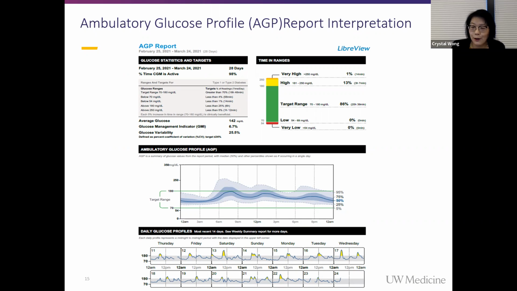Honestly, what we're used to now is a patient brings in this little white book and they've got maybe a few numbers and you need to decide what you're going to do with their insulin or their oral meds or whatever. With this, you get much more detailed